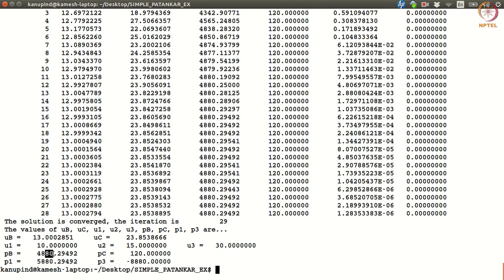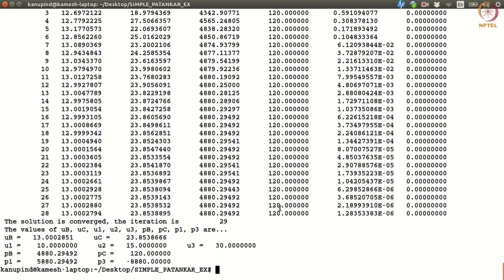So you can see there is a difference between P1 and PB, right? Because this is because of the porosity, right? This pressure difference should be there so that the flow can accelerate while it is going through the porous media, right? Similarly, we have P3 equals minus 8880. So basically this is coming out to minus because we have fixed this to be 120, right? Otherwise, if you make this as 0, everything will get increased, get added up correspondingly. Okay, so that is the converged pressure and velocity fields. These of course satisfy the momentum equation and the continuity equations to this precision.